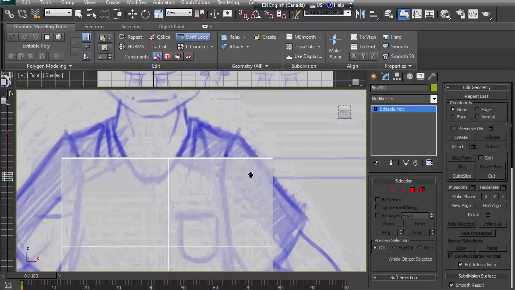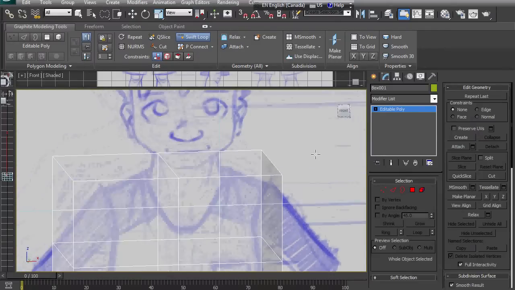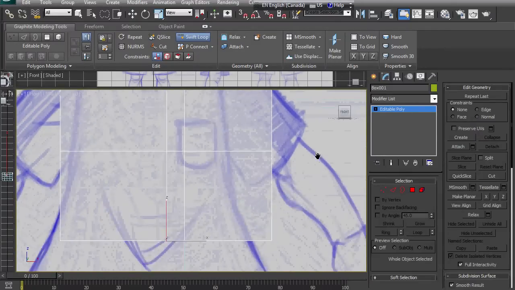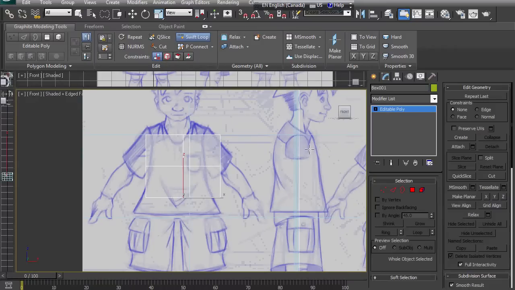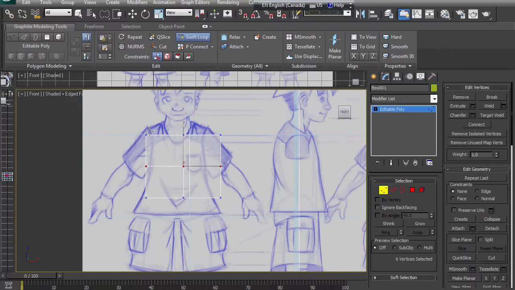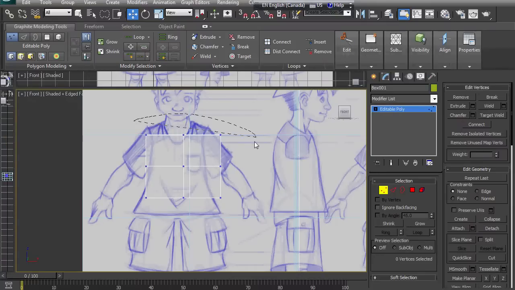The process that you had to use in order to do something like that in Max was a lot more complex and convoluted. You had to select all the edges and then you had to click on the connect button in the editable poly modifier in order to get it to work. But now you can just use the Swift loop. The graphite model tool, the graphite ribbon thing is actually kind of nifty. Seems like all the tools that are in the modifier thing on the right is up in the ribbon somewhere. And I think there are a few tools in the ribbon that